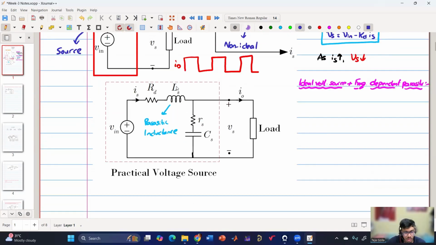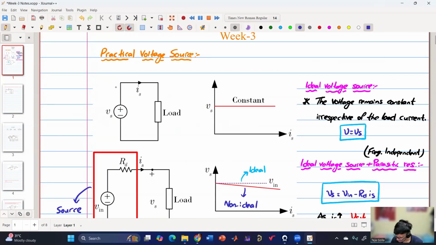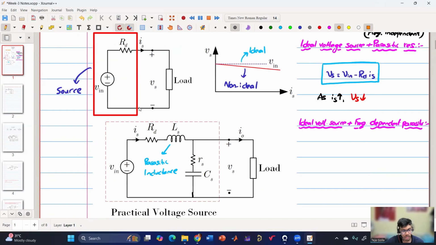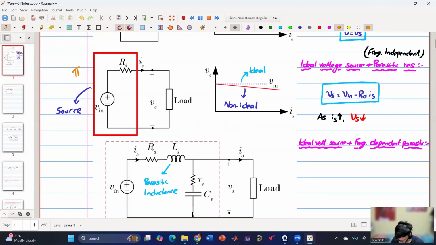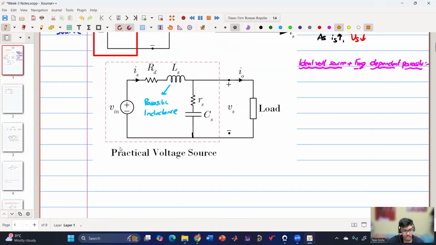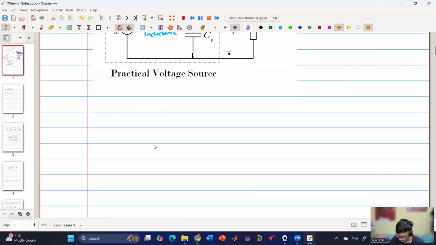So let me draw this. If I'm calling this case 1, and if I'm calling this case 2, and if I'm calling this case 3,